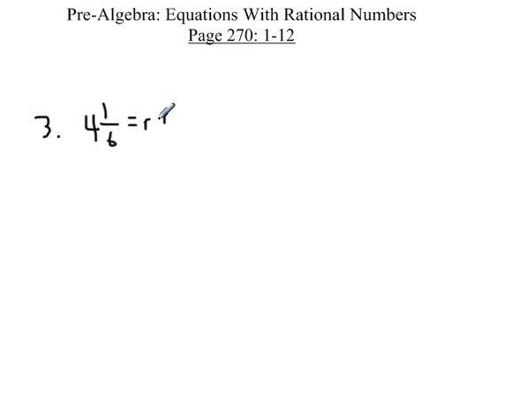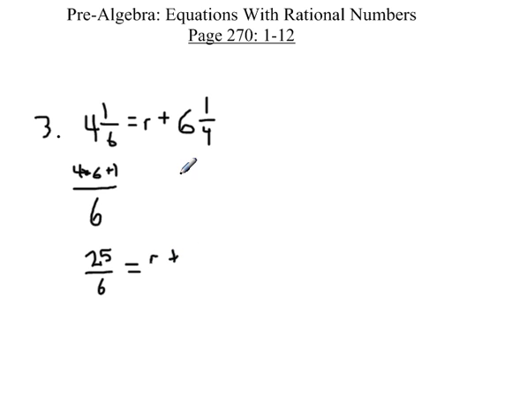As soon as you see a mixed number, I want you just to think about converting that into an improper fraction. If you convert 4 and 1/6 into an improper fraction, what you do is 4 times 6, which is 24, and then add 1 to it, and put it back over 6. So 4 times 6 is 24, plus 1 is 25. So that's 25 over 6 equals r